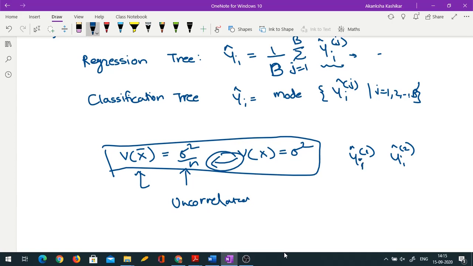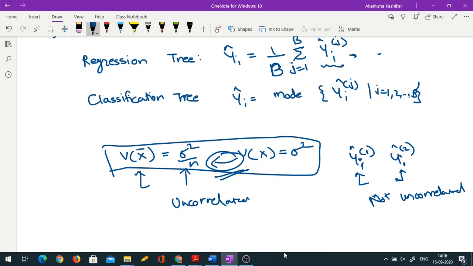Why? Because you are predicting the same observation, and the model for this and the model for this have some common observations underlying them. Your two bootstrap samples are not going to be completely distinct. In most cases, they will share a significant number of observations and hence these predictions are not completely uncorrelated. As a result, the reduction in error is not as drastic as it would be here, but still it is pretty good. In many cases, bagging does improve results significantly. And in trees it works better.